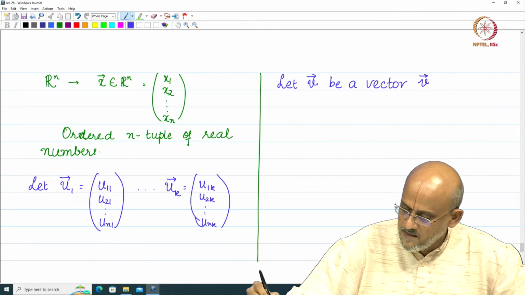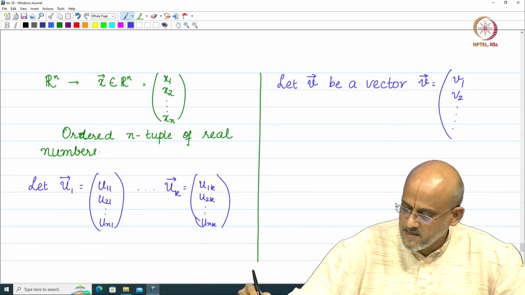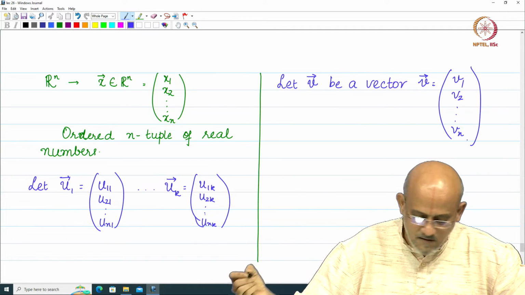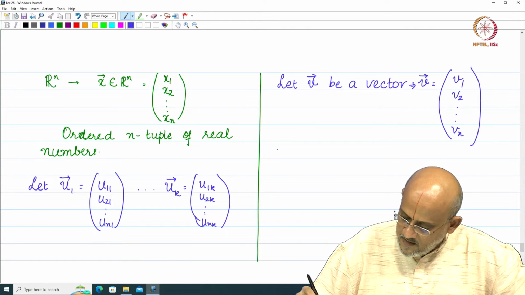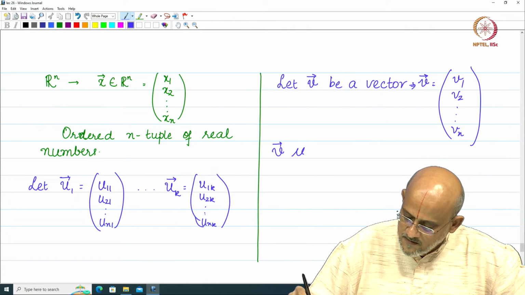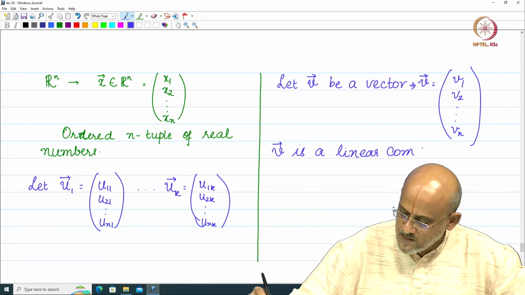Now, we say that the vector v is a linear combination of the vectors u1 to uk